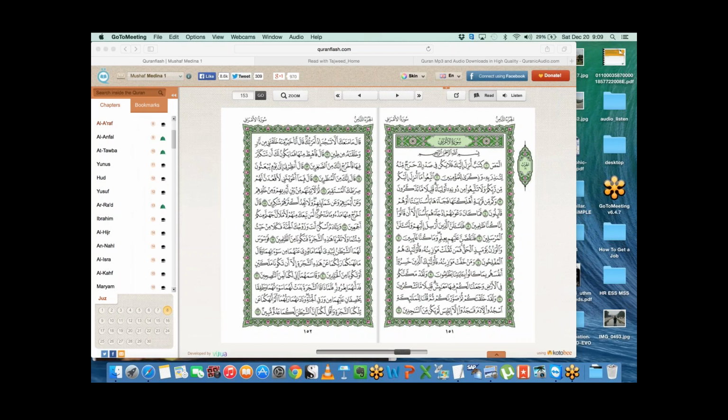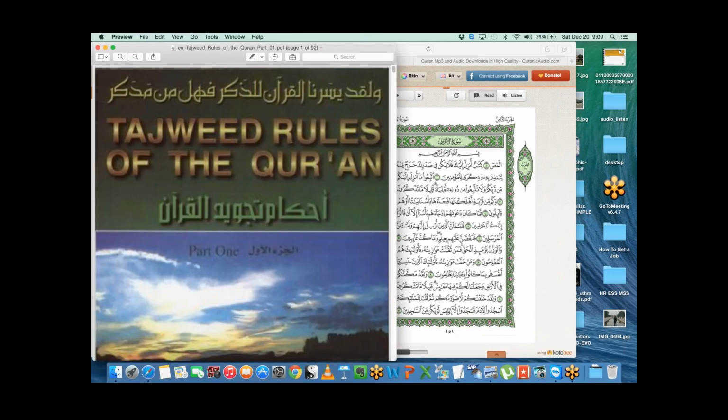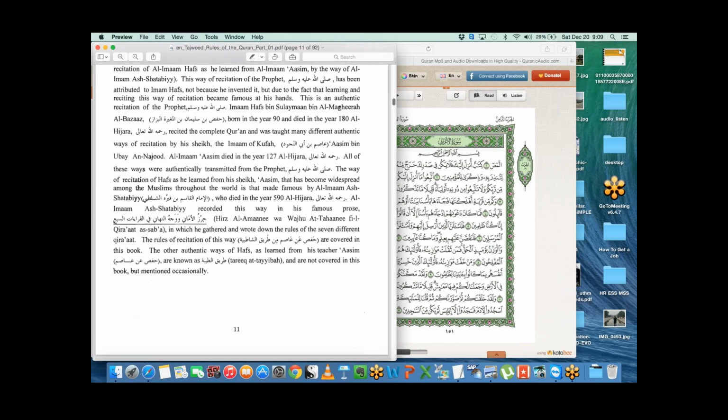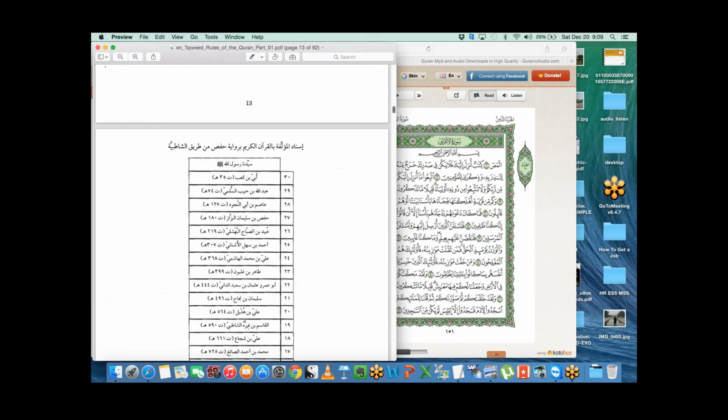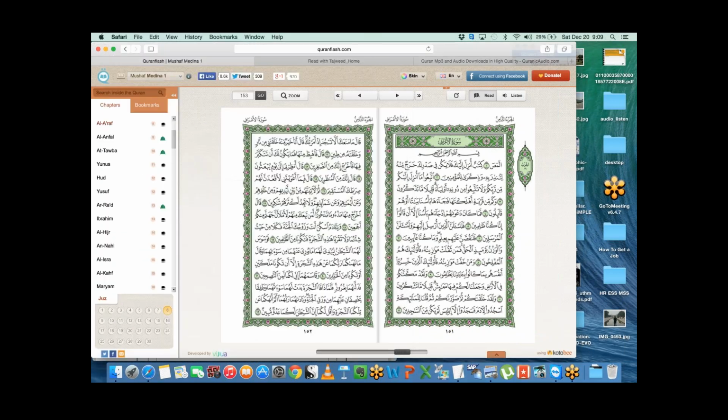So basically we're starting a new session, but instead of covering new rules and regulations from the Tajweed rules book, I think we should do a quick recap once again, and let's focus on actually reading from the Quran this time.